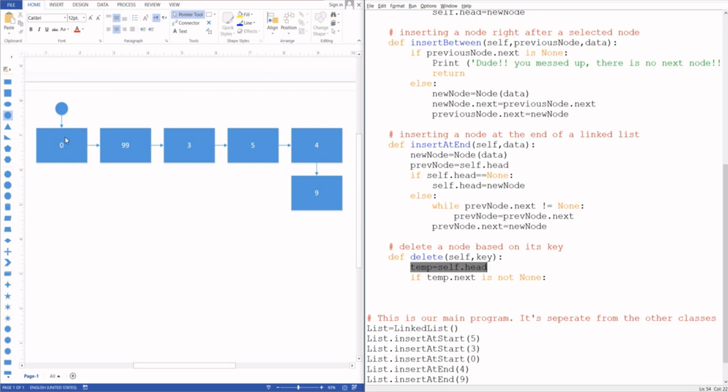Because if it was made of just one element, then this node where I'm right now, the temp node, is going to be pointing towards nothing, or None. And this is exactly what I'm asking for in here. If temp.next is not None, so I'm asking, is there something after it? And yes. So if there is something after it, if this is not the only node in my list, what's going to happen is